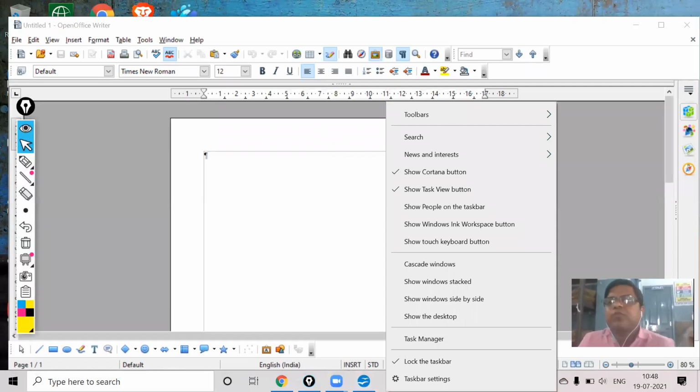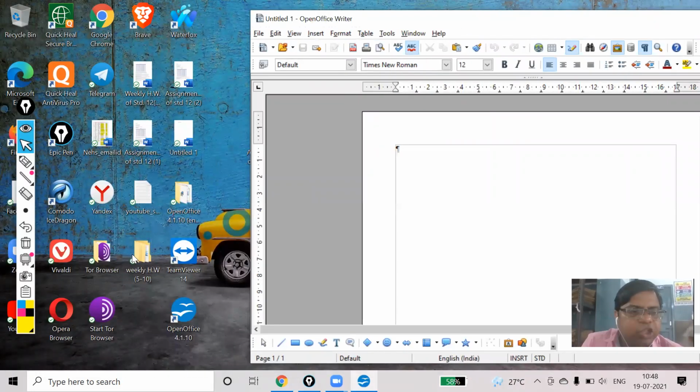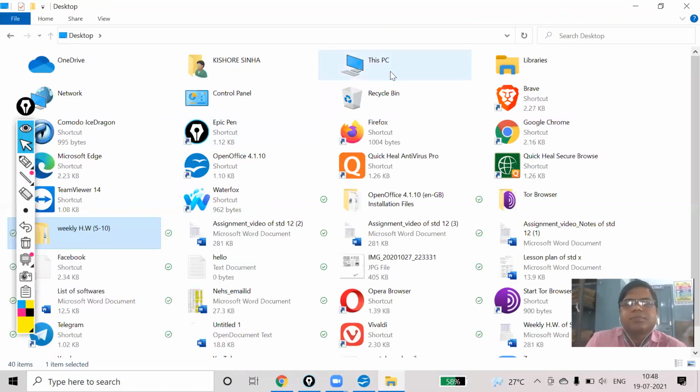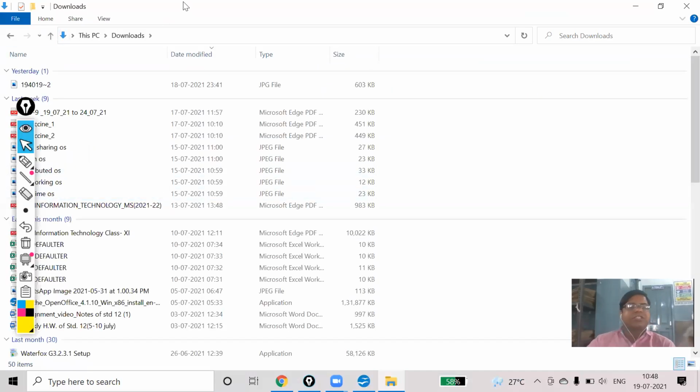See, first of all, I will search for that. So let me keep this one side. And now I'm going to search. Yes, document is download. So in download, I have kept a few pictures. Okay.